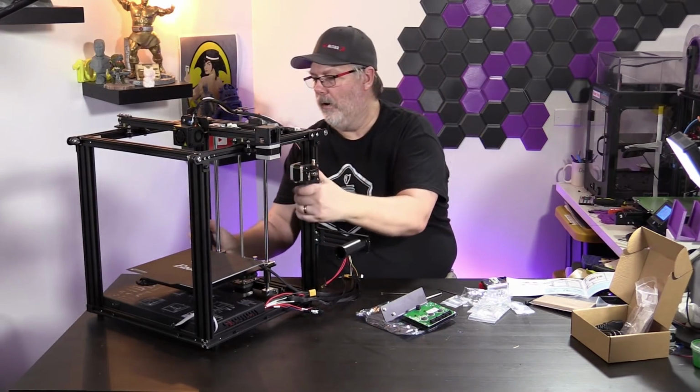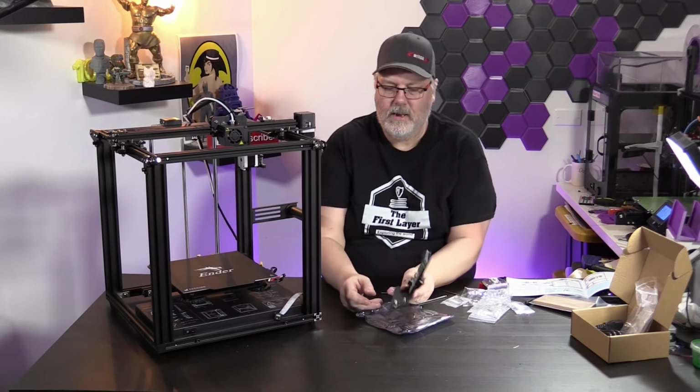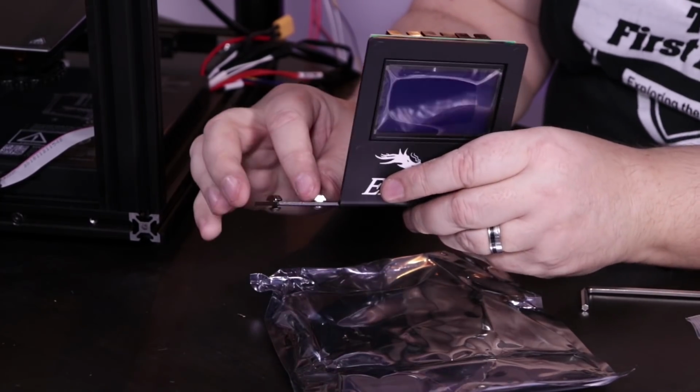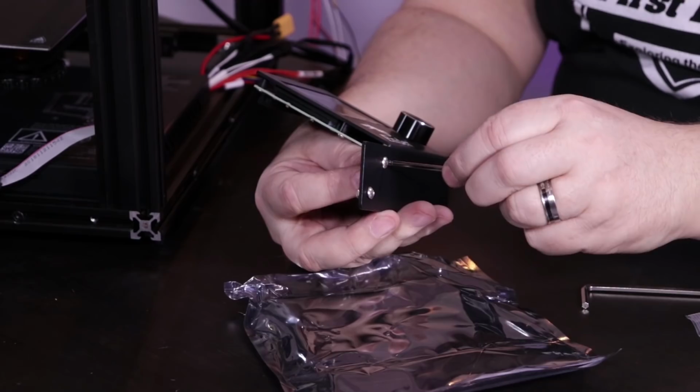Let's put on our LCD display. And again, it's got 2 hammer nuts in it as well. You can see it right there. And we want to make sure that they're orientated the right way. And this might be...